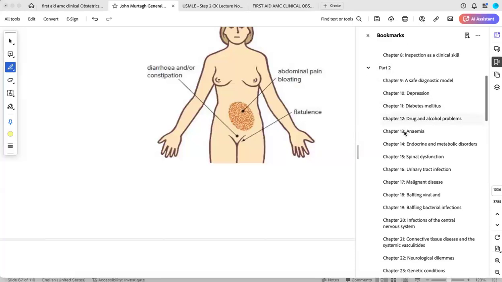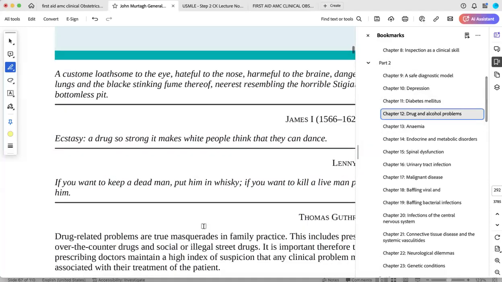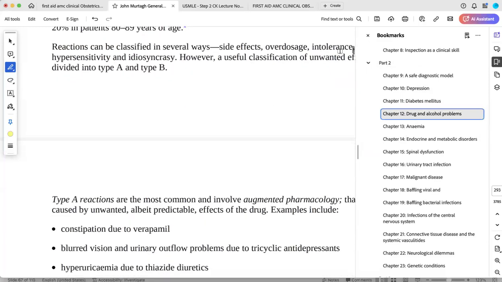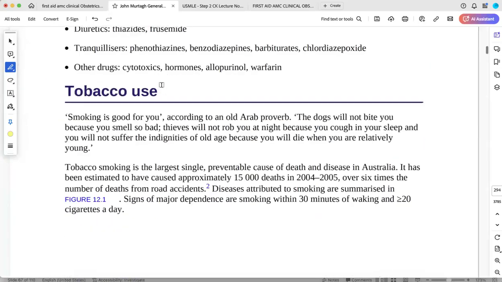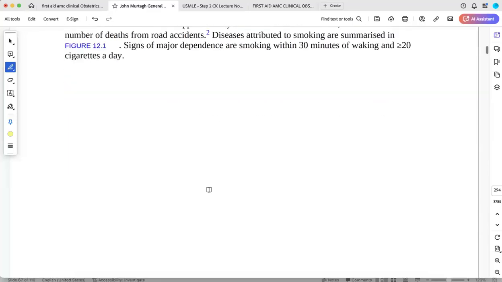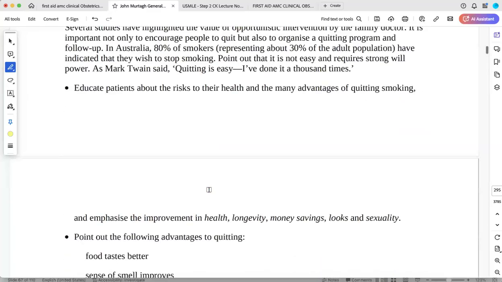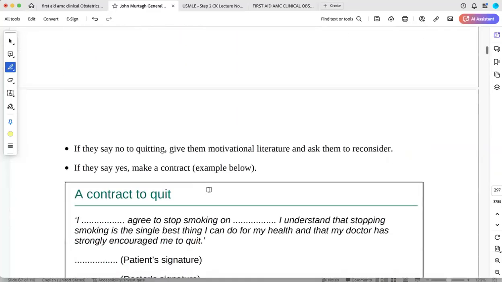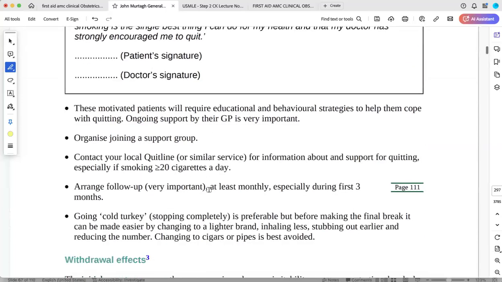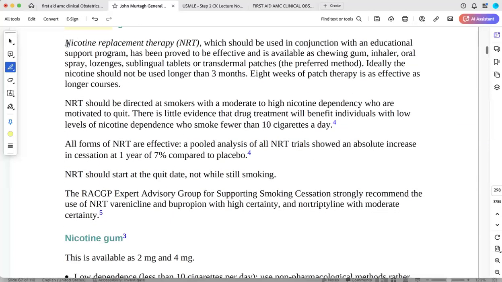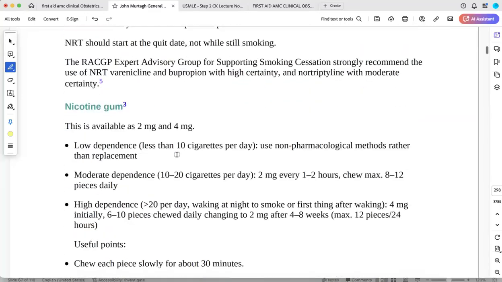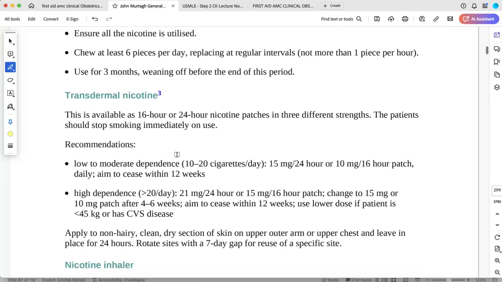So if you open this one, chapter 12 is drug and alcohol problems. In drug and alcohol problems, the important thing you should go through is smoking. So from smoking, you need to know what the treatments are. We have pharmacological treatment, which is nicotine replacement therapy. Then we have got